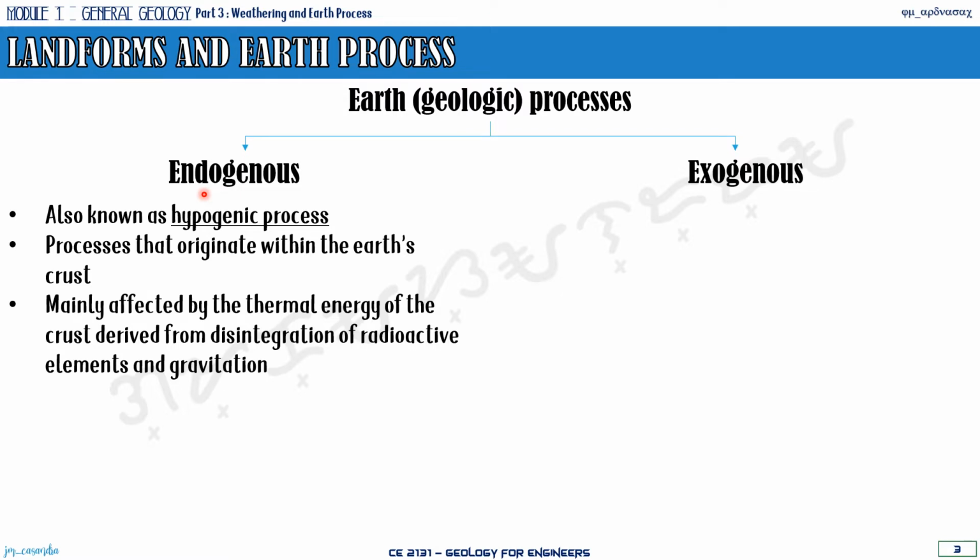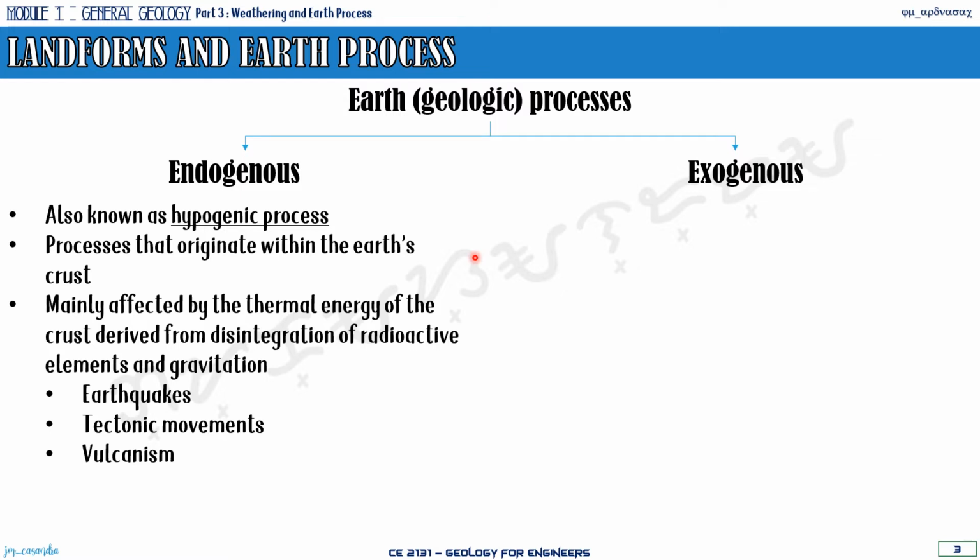So it's affected or caused by the thermal energy in the mantle that affects the crust, and this thermal energy is derived from radioactive elements found in the mantle and the gravitational differentiation that also happens in the mantle. Examples of what happens when there is an endogenous process are earthquakes, tectonic movements, and volcanism. Basically, under endogenous process, what happens here is there is creation or development of